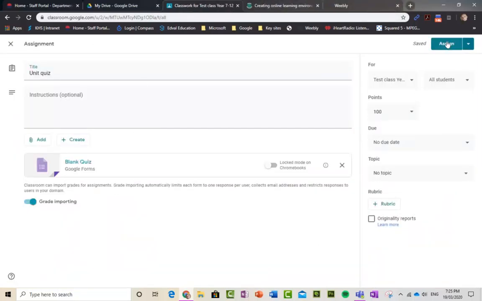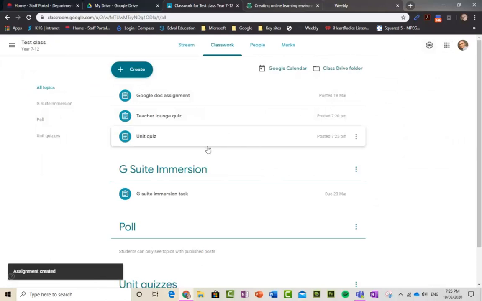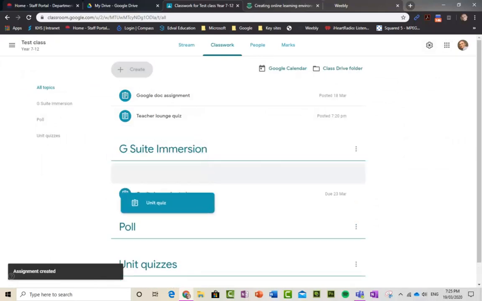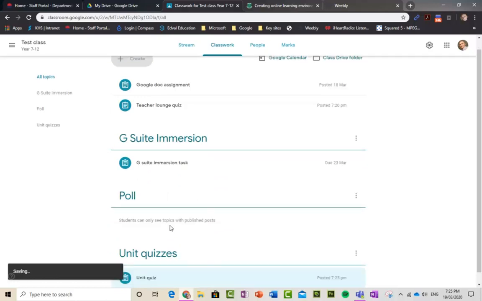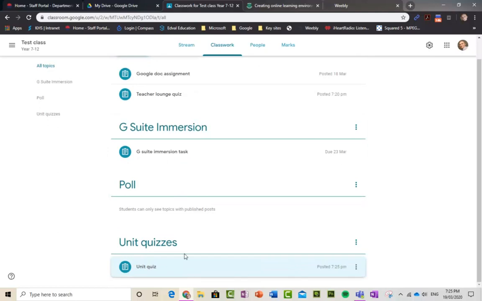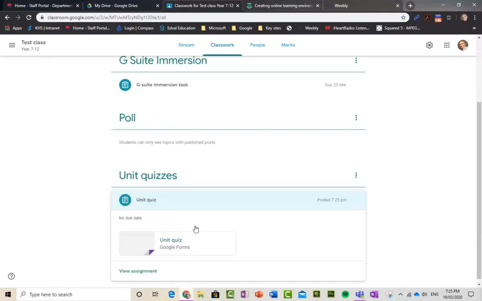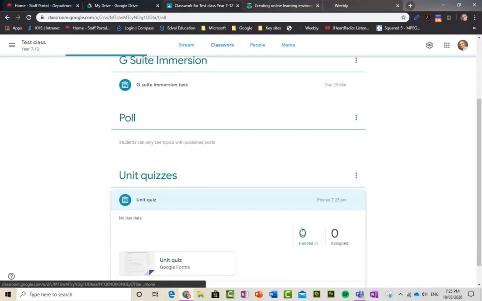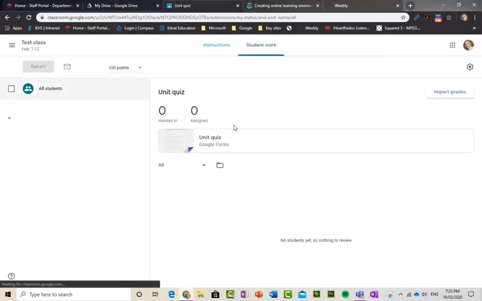And then I'm going to assign that. So as always, with the great drag and drop, I'm going to drag that to the unit, and I think I've got my poll, which I had before. Once that's done, open up this section and you'll have all of the quizzes there, and if you've self-marked, you don't have to do it, it grades itself. It's an awesome feature and it adds a lot of interactivity to our